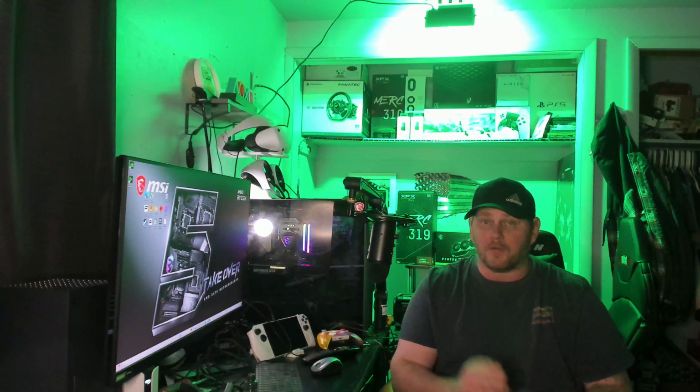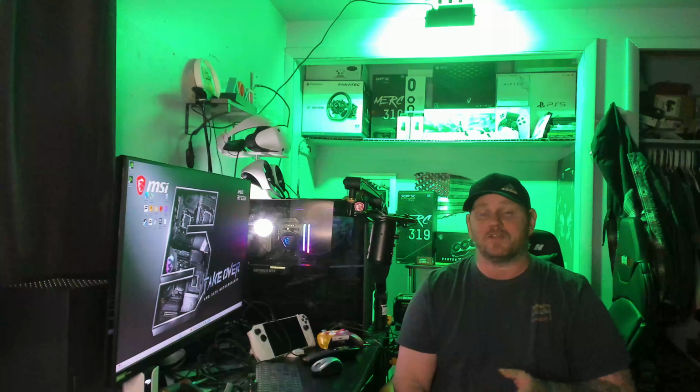Now, with everything set at quality at 1440p on Cyberpunk, I was getting about 80 frames a second. That's with DLSS quality, with frame generation enabled, and with path tracing. That's pretty good. I'm not questioning that. I'm glad that you're actually getting something for the money that you pay extra for those Nvidia cards. But when it comes to rasterized games,